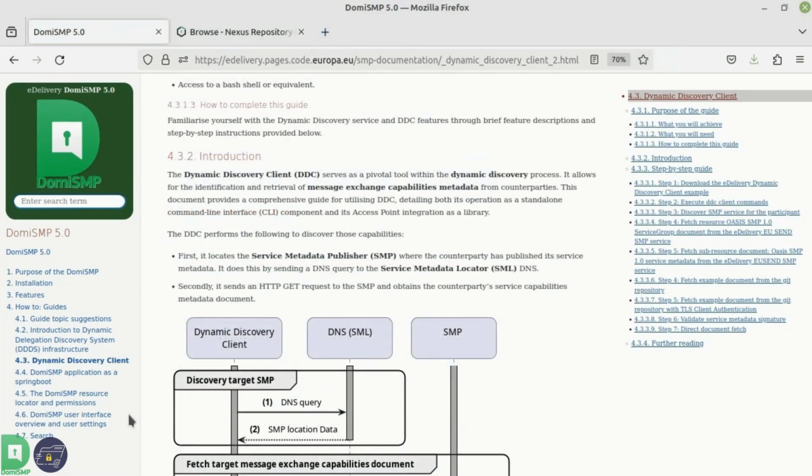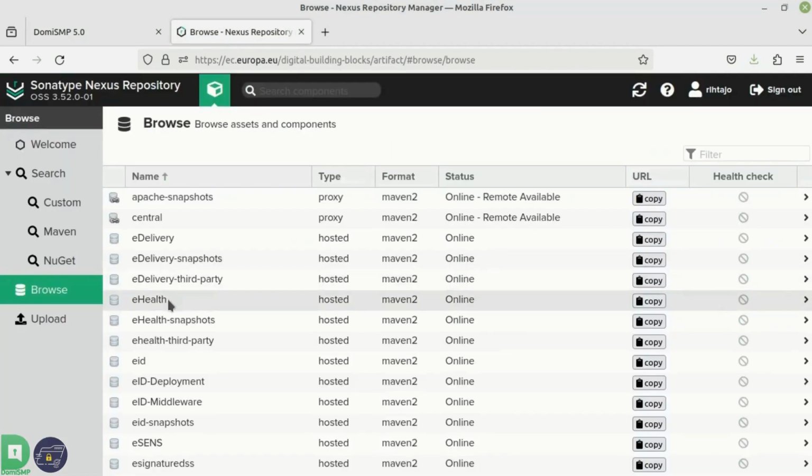We are all set now, and let's start with our first task, and that is to download the eDelivery Dynamic Discovery Client example, which we are going to use during this course. The Dynamic Discovery Client is located in the eDelivery Nexus.